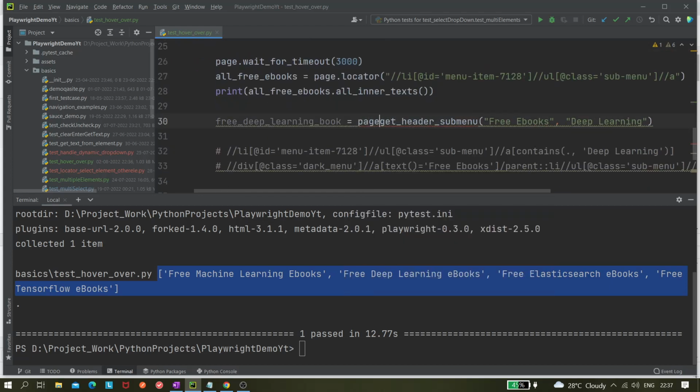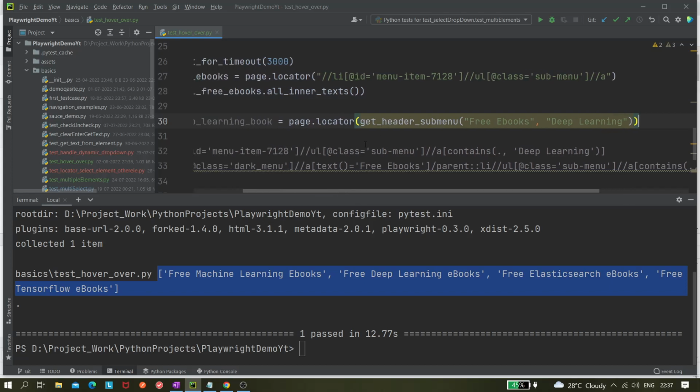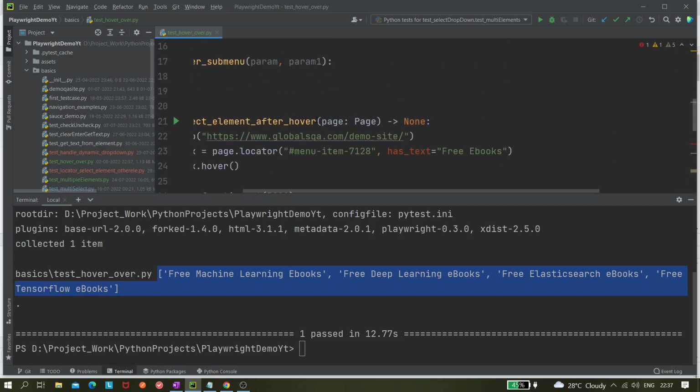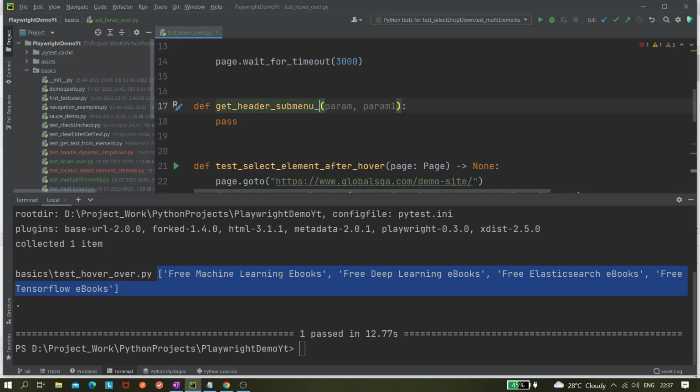So this is not the locator, so we have to give page dot locator and pass it. This get header menu method should return me the xpath, whatever locator we want. So get header menu, underscore loc for locator. Here also we need to update it. So loc, this is menu and this is the submenu, and here I will return